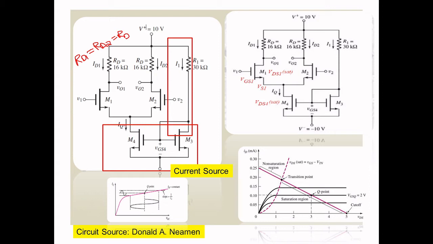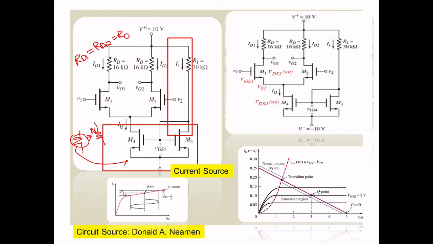Usually you will have a resistance here, in the theoretical part, whatever we studied. Here you have one constant current biasing, and in the basic circuit it will be represented by some resistance. But in an advanced circuit, the resistor would be replaced by a constant current source biasing circuit. The constant current source biasing is built here with the help of MOSFETs. It is a current mirror circuit. You can see here, this is a current mirror circuit built with MOSFETs.